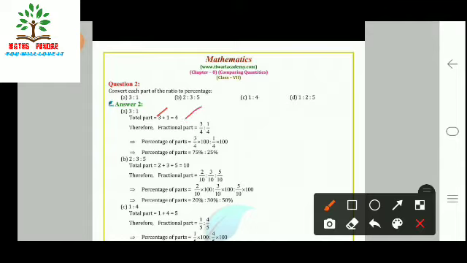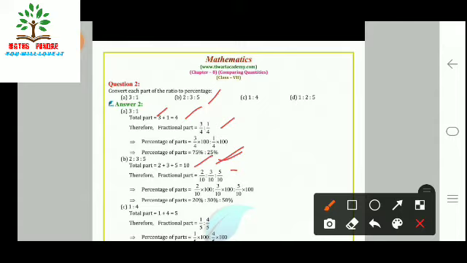Therefore the fractional part is 3/4 : 1/4. Yes, we can write this as the first one is 3/4, the second one is 1/4. So the percentage of 3/4 is to 1/4 will be 75% is to 25%. Yes, so always remember, whenever we have to convert them into percent, it means the denominator should be 100. The second we can see here, we have 2:3:5. So what we can do here, again we'll add all the ratios given, 2 plus 3 plus 5, which is equal to 10.